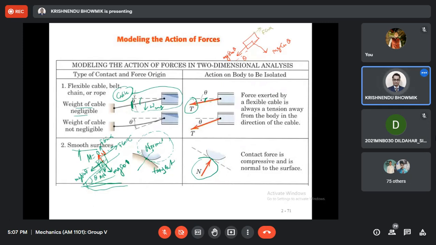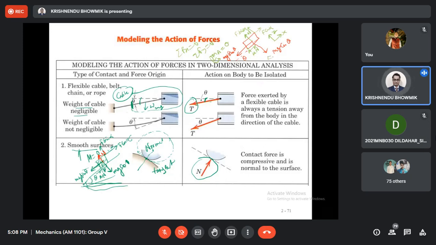F cosine alpha, F sine alpha, along with coefficient of friction mu N, and this is the N. Now maybe this is x-axis, this is y-axis. If it is in equilibrium, you have to consider like this: summation Fx equal to 0, summation Fy equal to 0, and moment at any point, say maybe this point A. Moment A, this is the anticlockwise summation. That also will be 0. That will be the free body diagram.